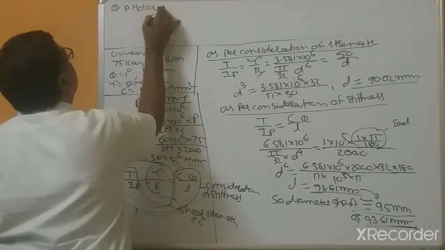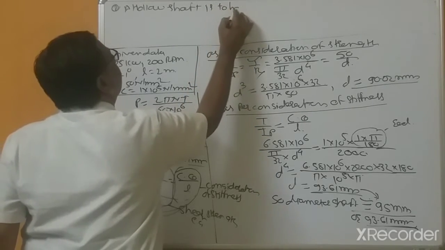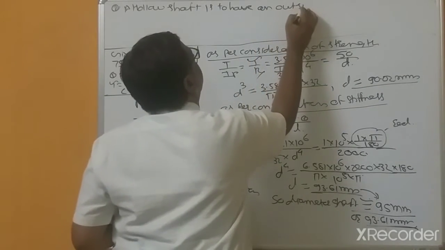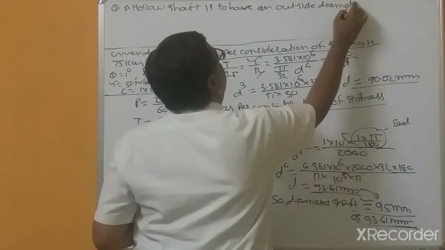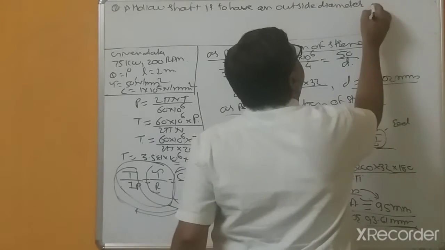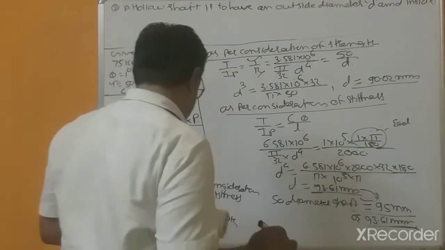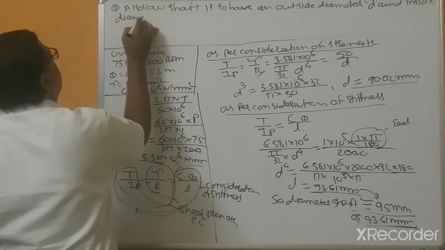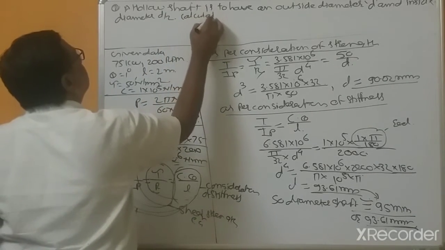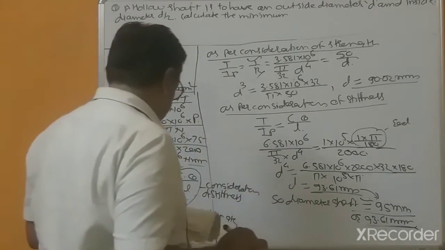A hollow shaft is to have an outside diameter D and inside diameter D by 2. Calculate the minimum value of D